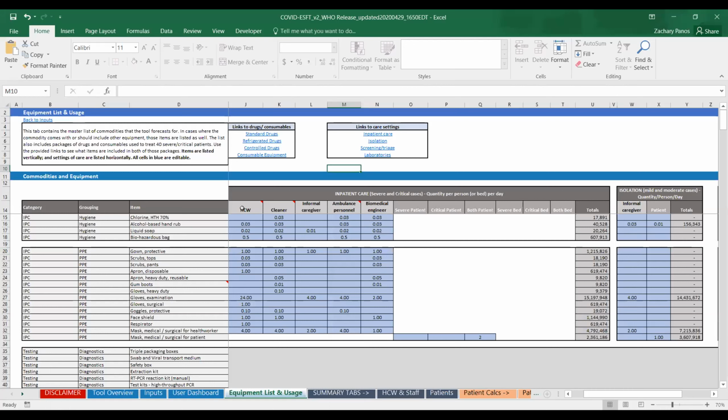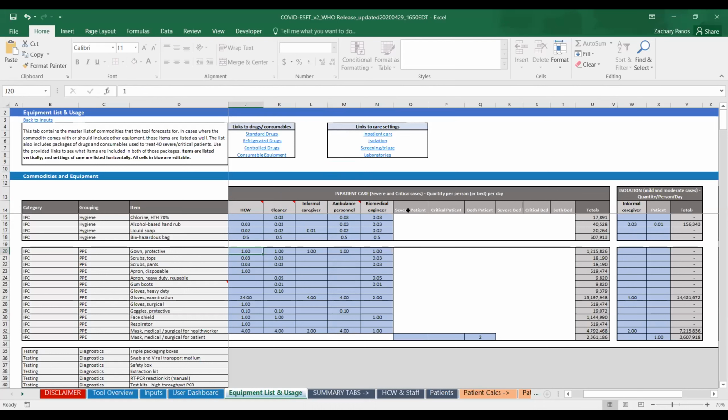And so you can see that we have personnel here on the left, so healthcare workers, cleaners, informal caregivers, ambulance personnel, and biomedical engineers. And the current estimated use of these given commodities. So for example, healthcare workers in the inpatient setting would need 1 protective gown per healthcare worker per day.